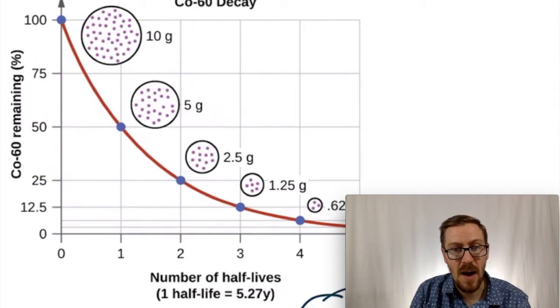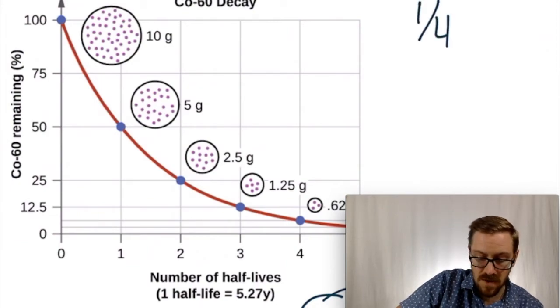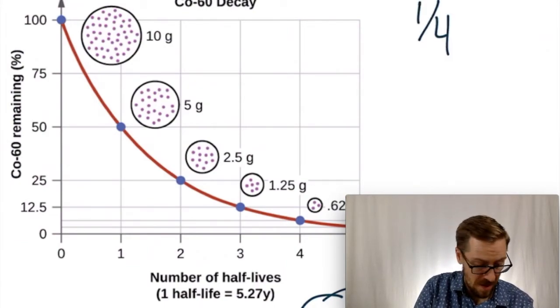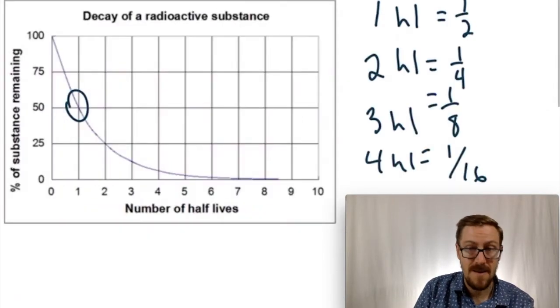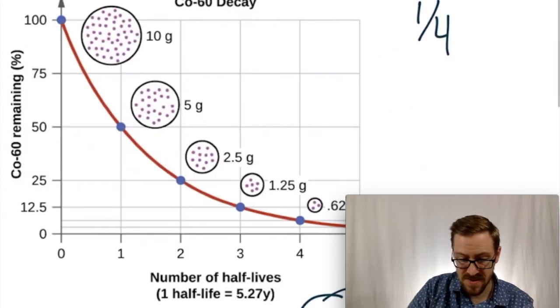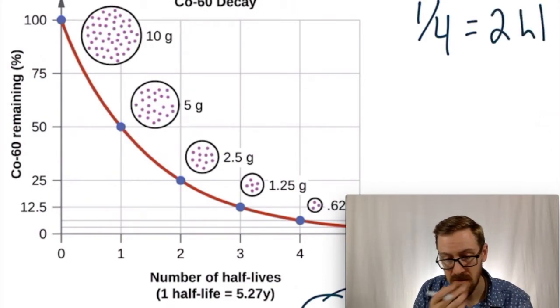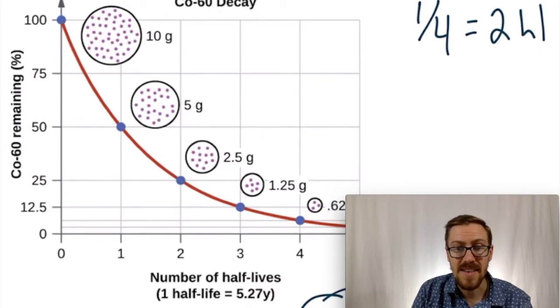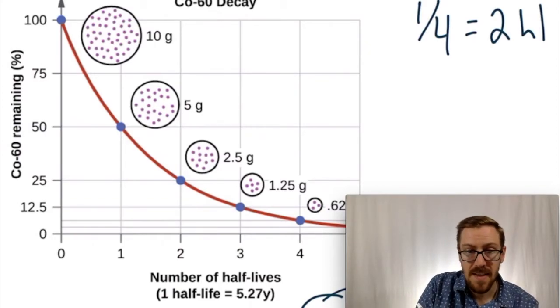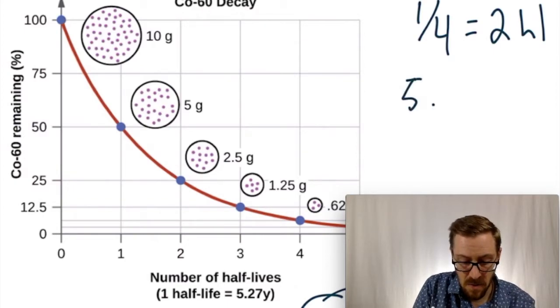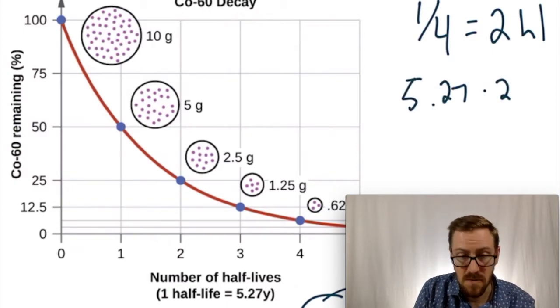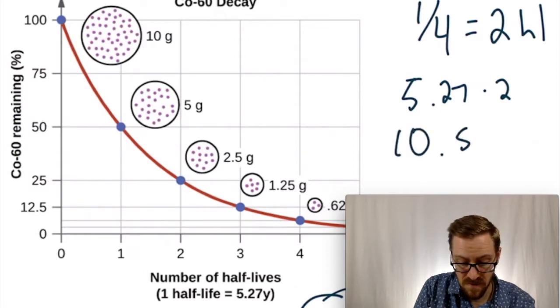So let's say I was down to 25% left. I'm down to 1/4. I know that 1/4 from that last slide is 2 half-lives. And if each one of those is 5.27 years, then I'm going to have 5.27 times 2. So 5.27 times 2 is 10.54